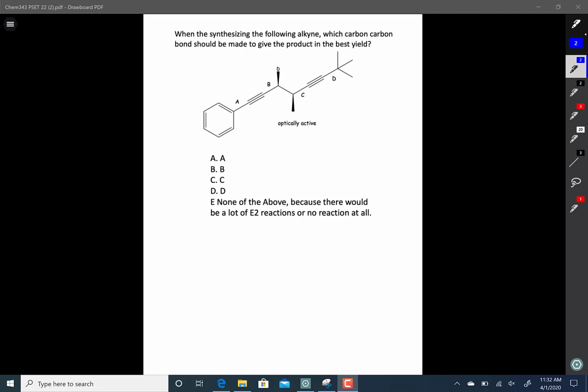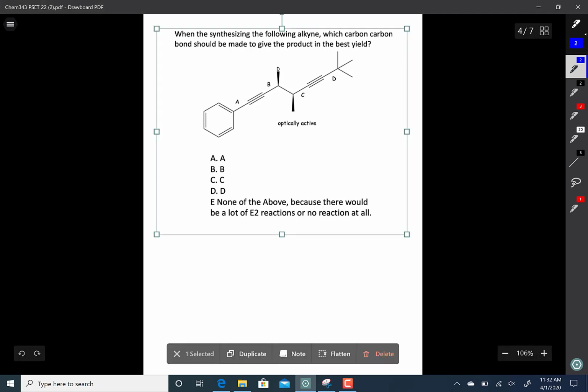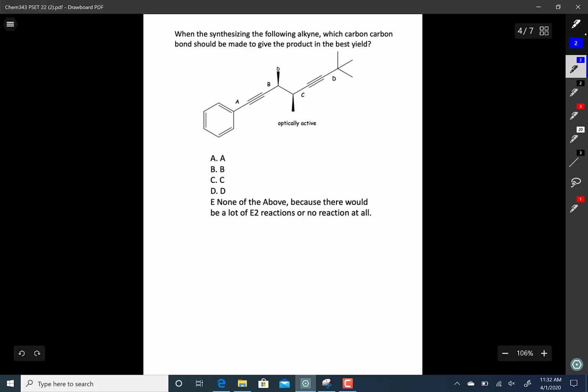Okay, here's the multiple choice problem. When synthesizing the following alkyne, which carbon-carbon bond should be made to give the product in the best yield? Now, this wasn't the original question. The grammar has just been reworded so it's actually proper English as opposed to whatever it was that I wrote before. So the idea is, which of these carbon-carbon sigma bonds is the best one to make in order to